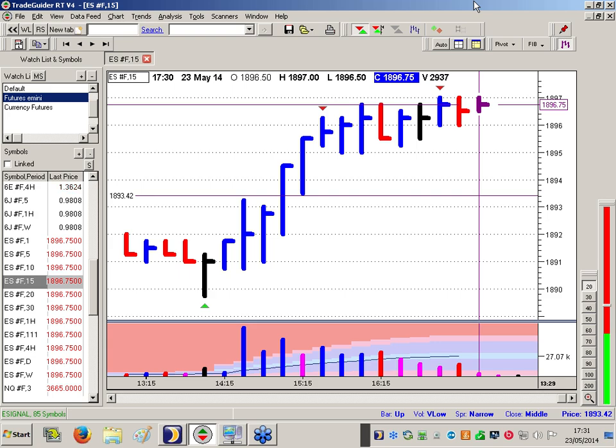Although signals come up automatically, you've still got to add a bit of common sense to it, considering that if the bar is down on low volume, for example. A red arrow came up on one chart, I'm not sure if it's this one or not, and it said top reversal. Well, it wasn't a top reversal because the second bar down, although it met all the parameters of down, the close low, and the low of the previous, all this stuff, the volume was too low. There was just no selling pressure there, so it turned around and went back up. So that was an incorrect signal, but you have to watch that.